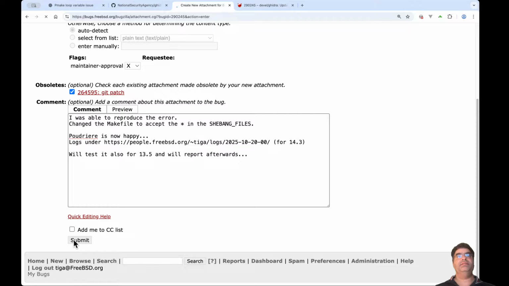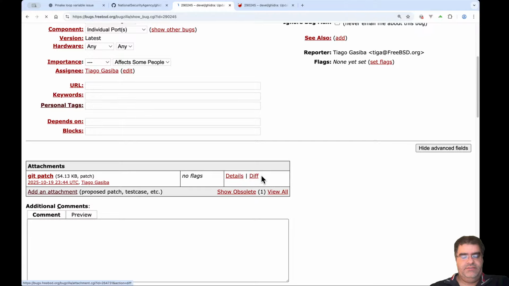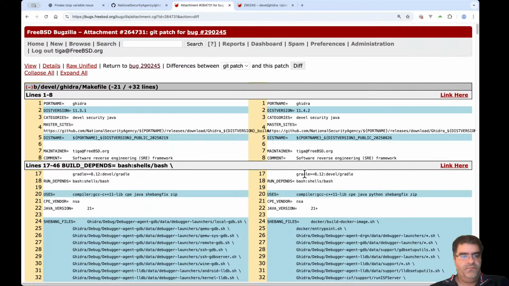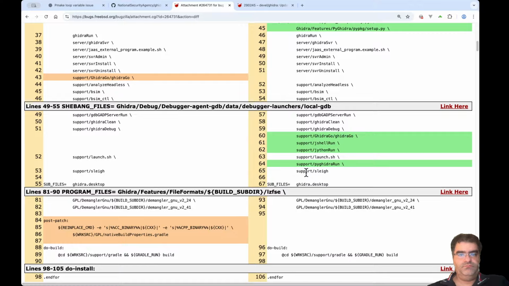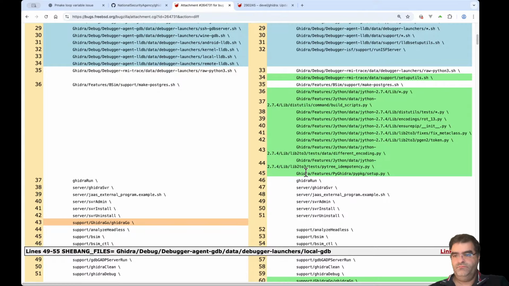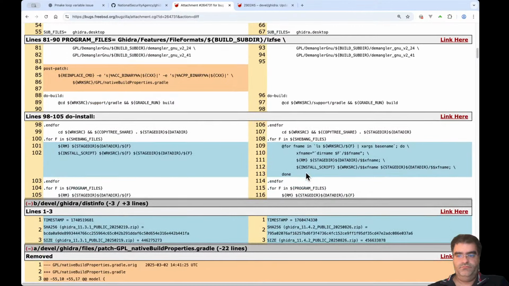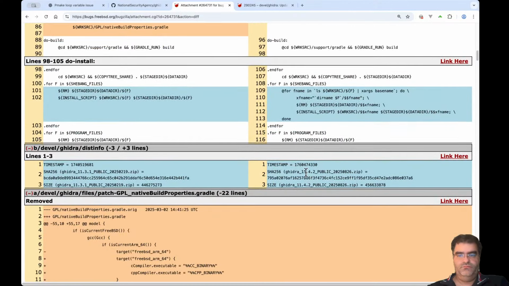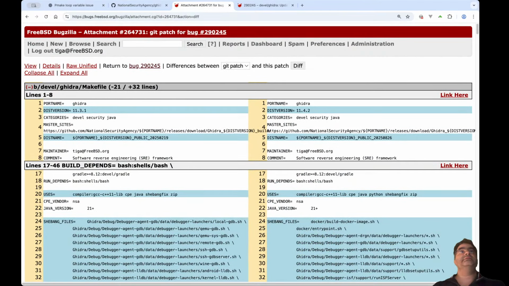Submit. I think that should be it. Let me see. Yes, there is the diff. Looks good. And I think,